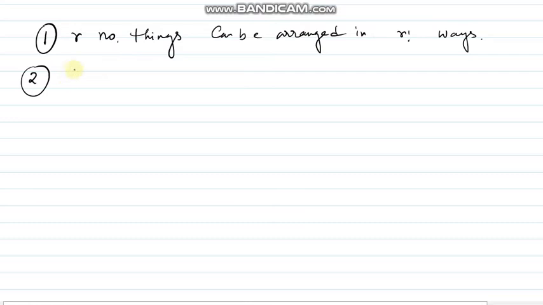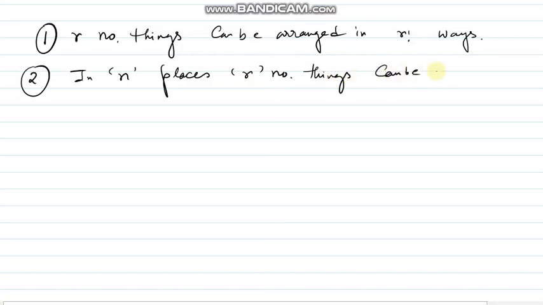Now, in n places, R number of things can be arranged in nPr ways. P stands for permutation, which you should know by this time.